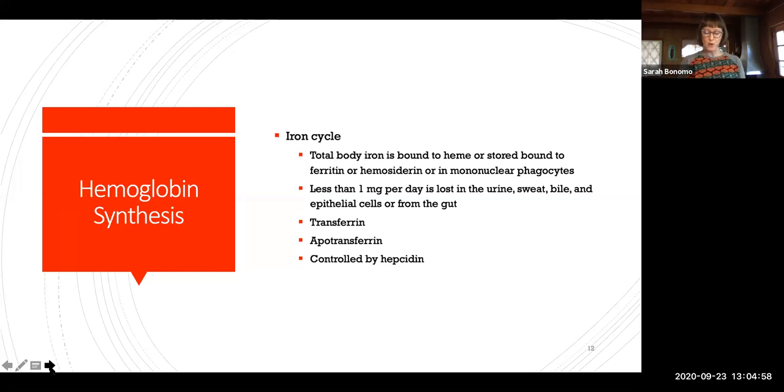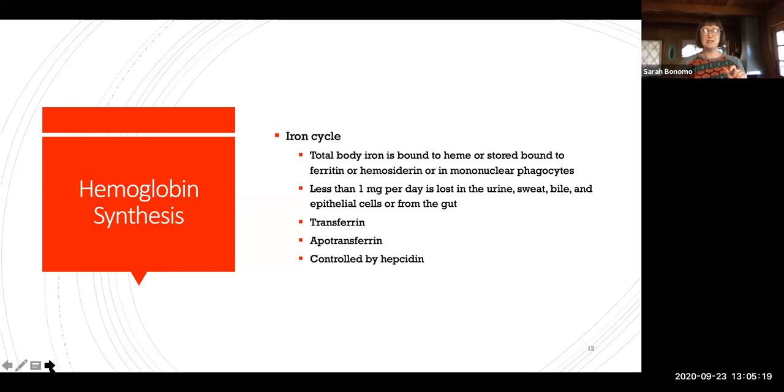But we only get about 1 to 2 milligrams of iron in our diet. So where do the other 23 milligrams come from? And that's where we come into the storage component. So I put these fancy names here. Again, don't get married to the names. I just want you to understand that